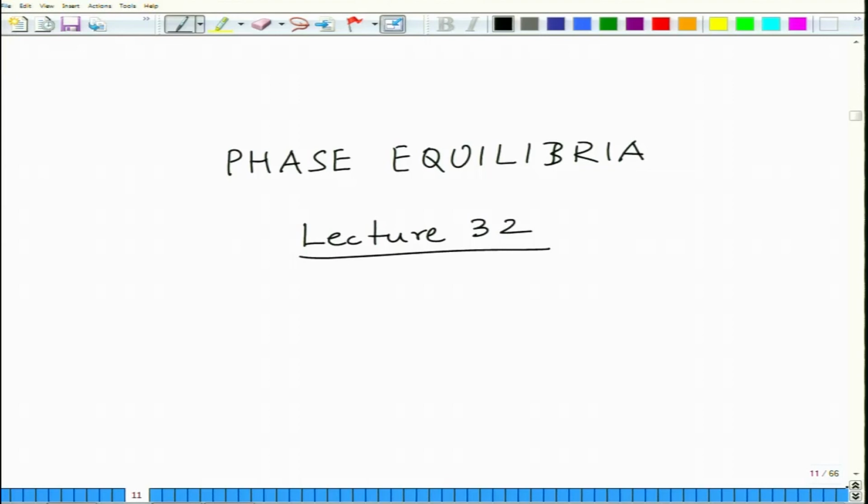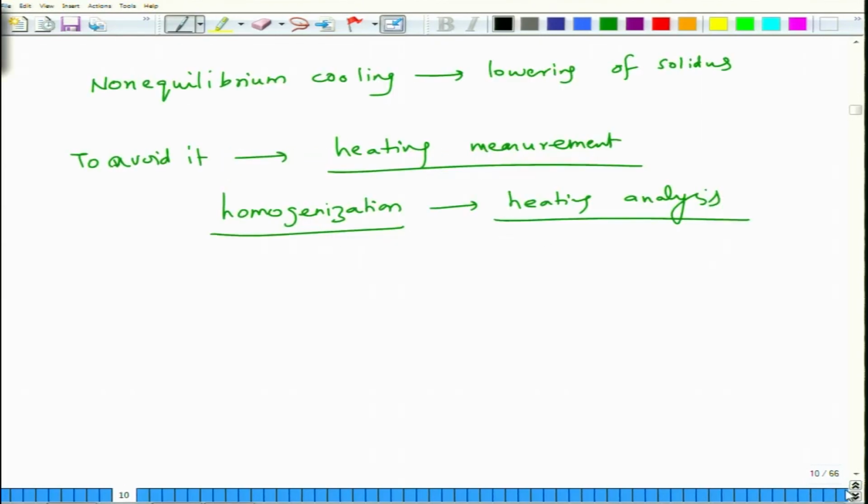Okay, so now we will begin with the new lecture again. This is lecture number 32 of the phase equilibria course. So what we did in the last lecture was